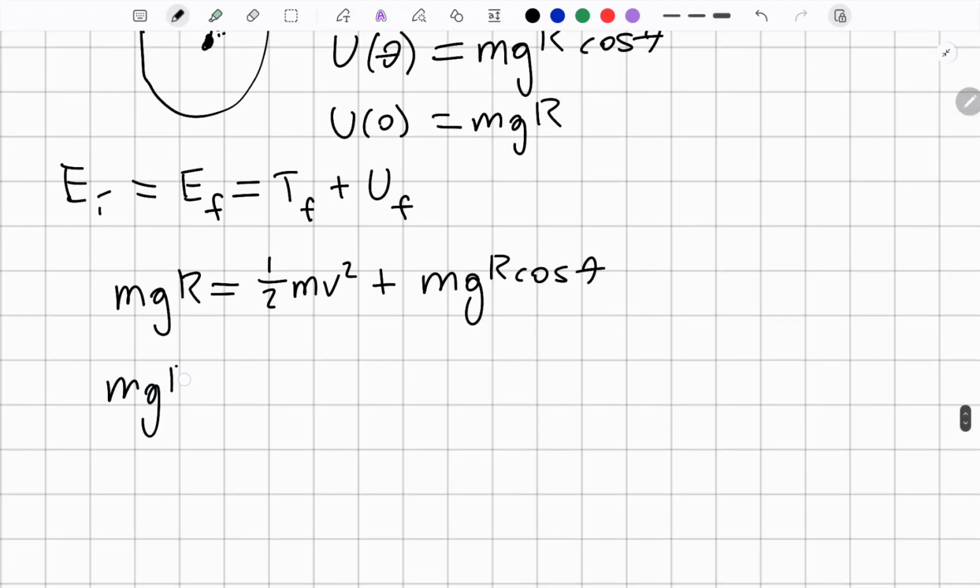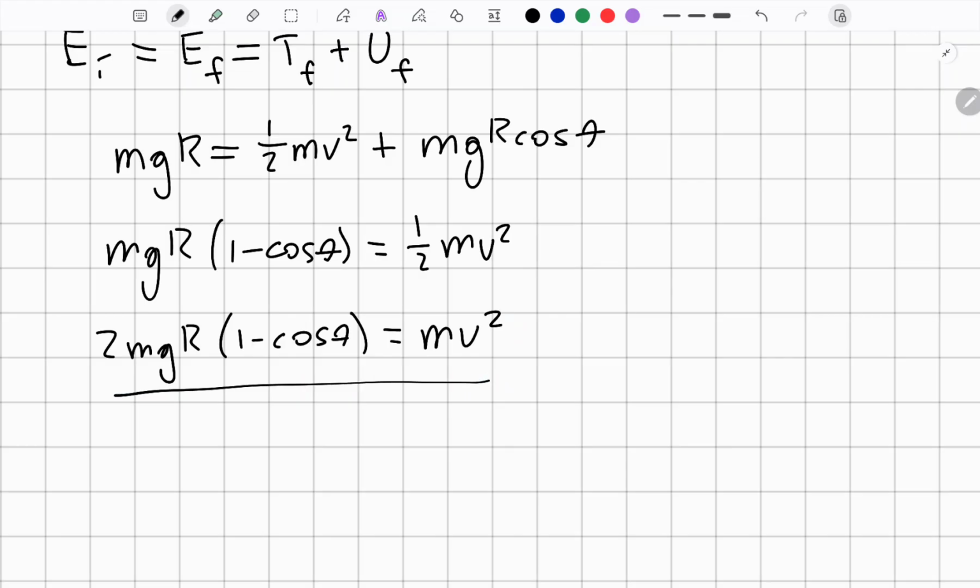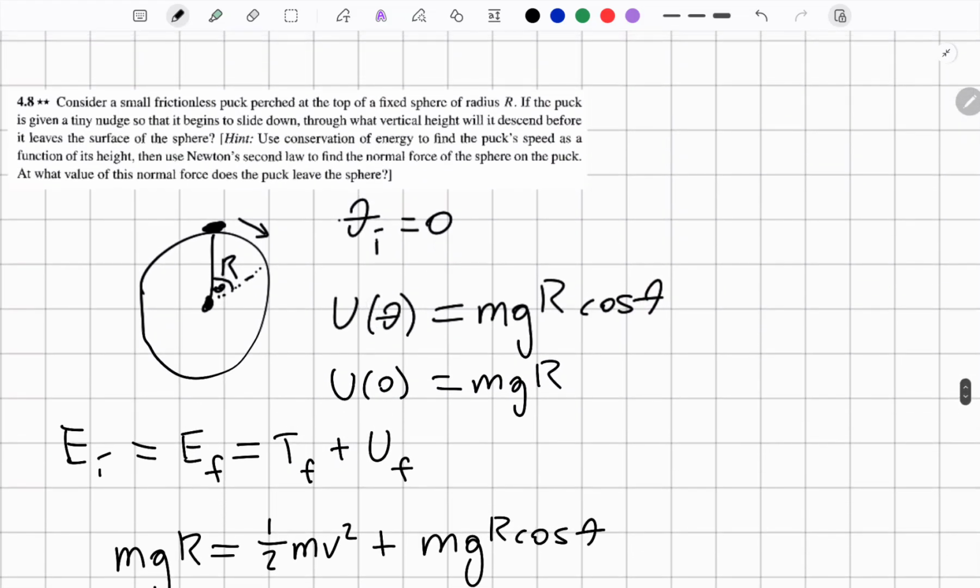Now we can make an expression here. mgr, 1 minus cosine theta, equals 1/2 mv squared. Or 2 mgr, 1 minus cosine theta, equals mv squared. Now this is going to come into play just a second here when we need to use the conservation of energy to find its speed as a function of its height. Now we need to use the second law to find the normal force of the sphere on